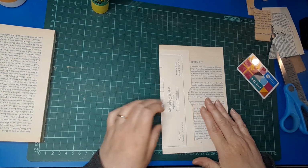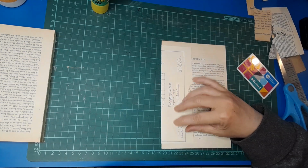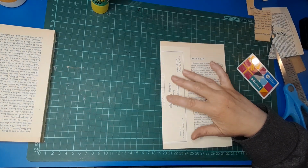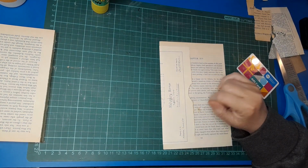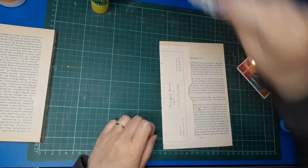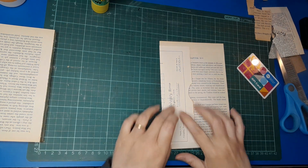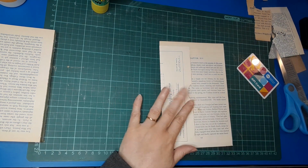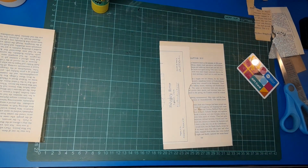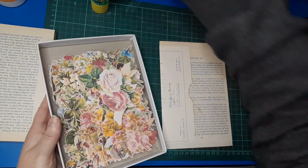Right, do I want to do anything here? I do love this, so I don't really want to cover that over. No, I don't think I want a word. I feel like I want something. So I'm going to grab out the flowers again, because I think there's some that might